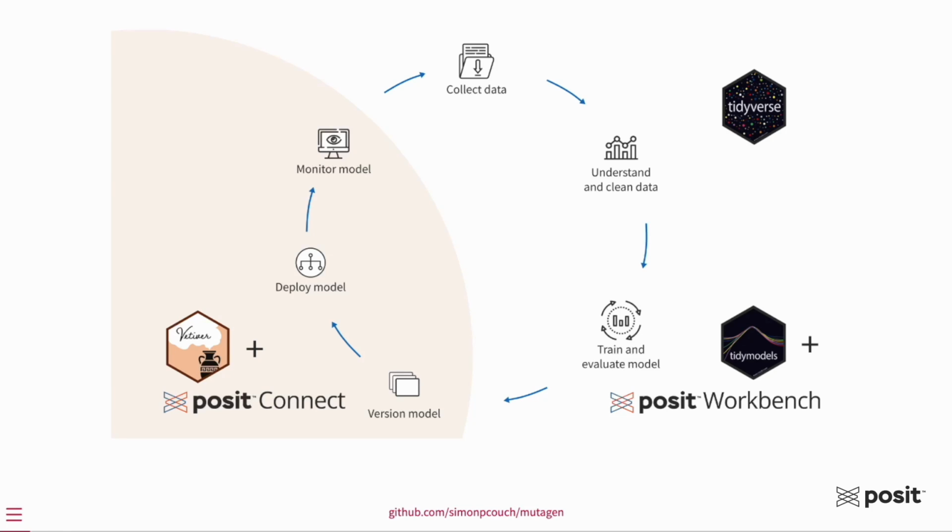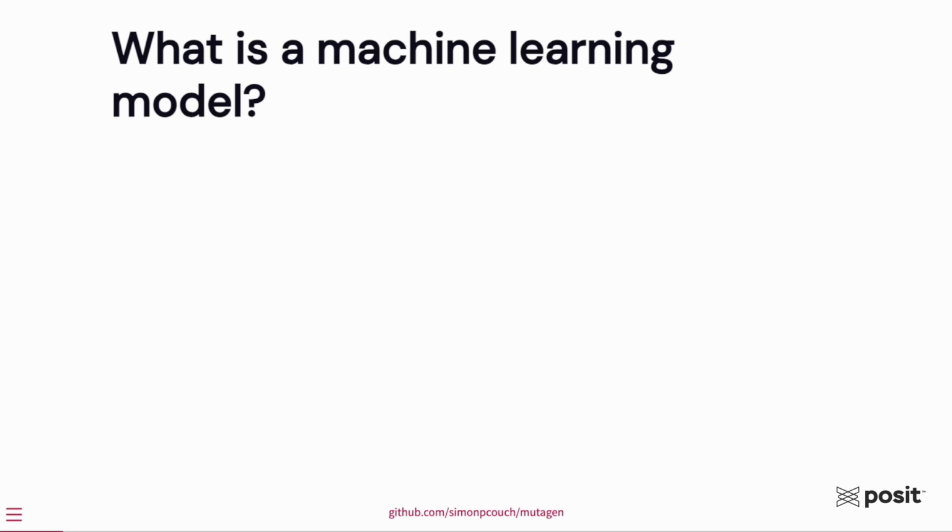So first, let's talk about what I even mean when I say machine learning or a machine learning model. One example is a Netflix movie recommendation. If you've ever gone to somebody else's house and seen the movies that are recommended to them, you might notice that they're quite different than what you might see at your own house. That's because the movies that are recommended to you and the thumbnails that are part of those recommendations are outputs of machine learning models. Based on your viewing history and the things that you've said you're interested in, Netflix will recommend different movies to you.